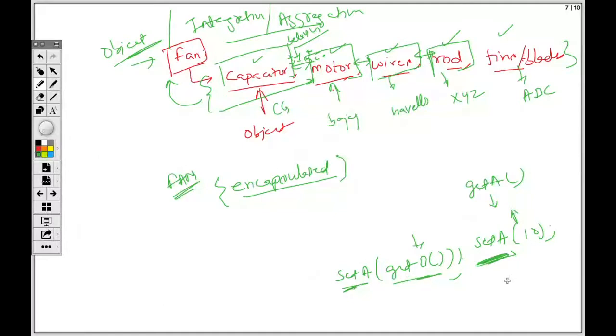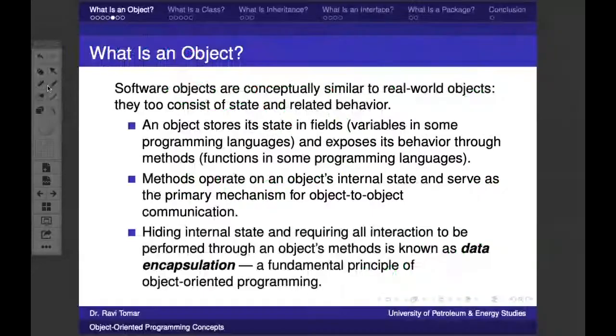First it will get from one object and then it will set to the other object. So this will act as a chain to connect all of these things. So a method operates on the object's internal state, and it serves as the primary mechanism for object-to-object communication. Then comes the first definition: hiding internal state and requiring all interactions to be performed through object methods is known as data encapsulation, a fundamental principle of object-oriented programming.